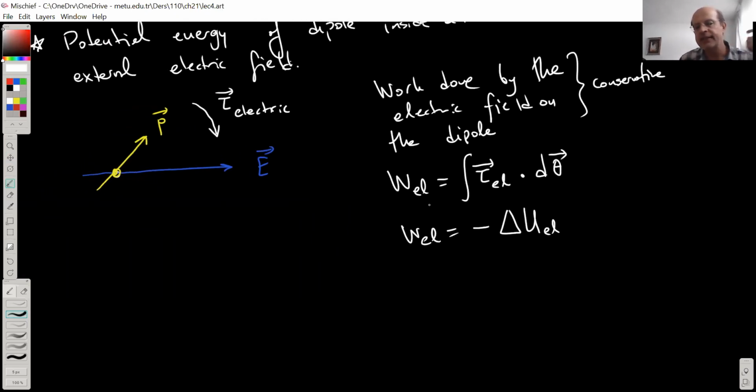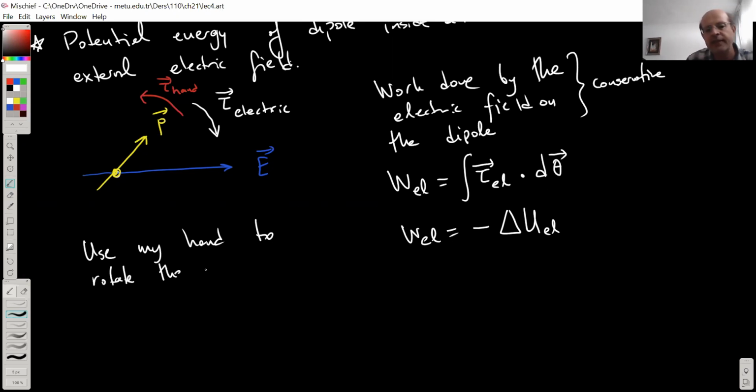The second thing is that in some cases, I would like to apply another force on the dipole. I mean, I don't leave it alone with this torque applied by the electric field. So I apply an additional torque on the dipole by myself. I'm going to use this red color to show the torque that I'm going to apply. So let's say that I somehow use my hand to actually move this dipole, right? So I'm going to do it like this. Use my hand to rotate the dipole